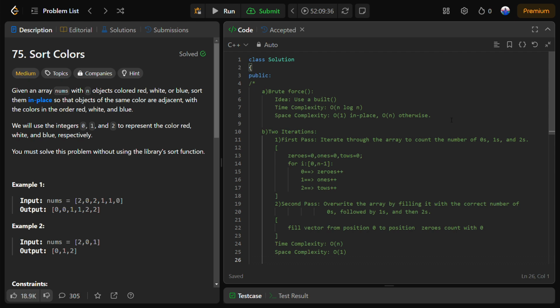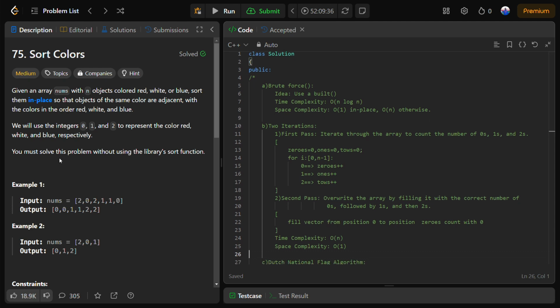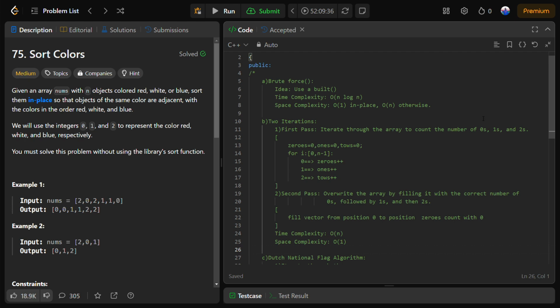Obviously, the brute force solution would be to use any inbuilt function or implement any sorting algorithm. Time complexity would be n log n, and space complexity is linear if you use inbuilt functions, or order of n if you solve this problem using count sort, bucket sort or radix sort. And it is clearly mentioned in the problem statement that we are not allowed to use any inbuilt library sorting functions. So the semi-optimal solution would be